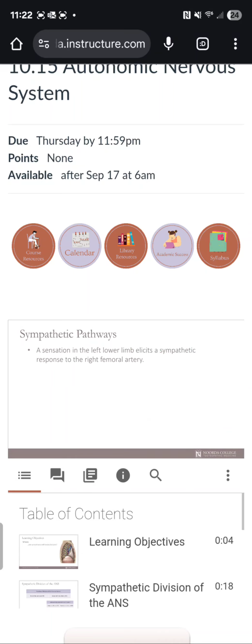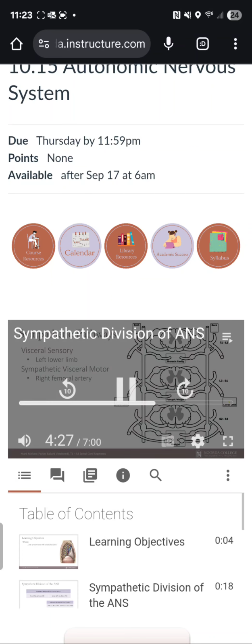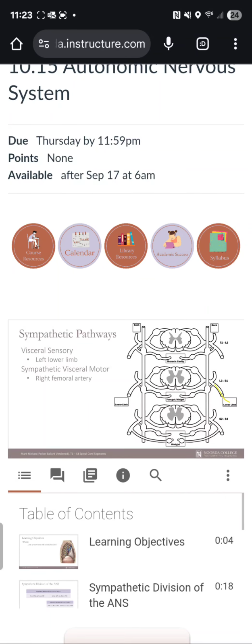A sensation in the left lower limb elicits a sympathetic response to the right femoral artery. So we have sensory information coming from the left lower limb, and then we have sympathetic visceral motor output to the right lower limb. So we'll start in the left lower limb box with a yellow visceral sensory neuron, and that's going to go through the ventral ramus, through the spinal nerve trunk, through the dorsal root, have the cell body in the dorsal root ganglion, and then in the posterior horn gray matter, we're going to synapse with a